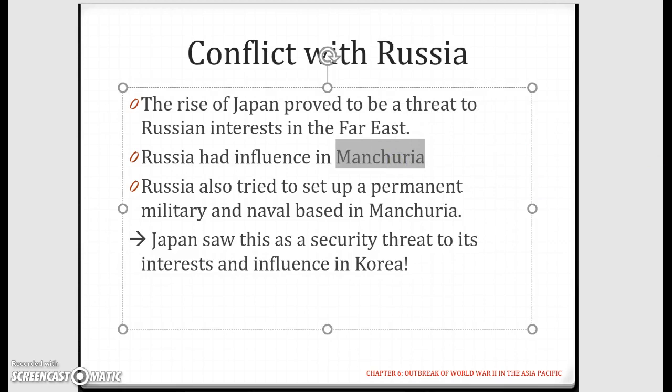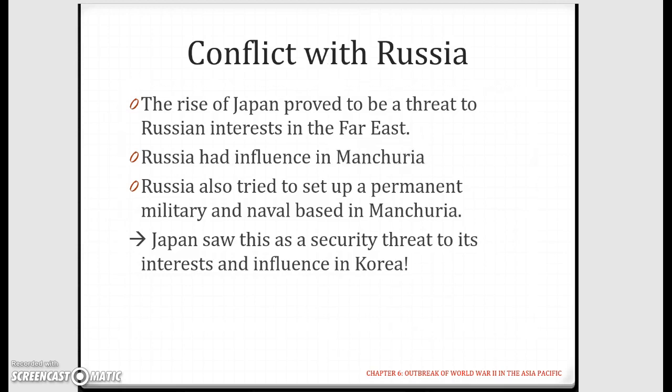Let me clarify Manchuria now once and for all. Manchuria is part of China, but in a textbook it would be regarded as a separate area, but it has never existed as a country, don't be mistaken. It's always a part of China, but we will regard it as a separate area from China. So you will see Japan invading Manchuria, and you will see Japan invading China. Then you might ask, if they invade Manchuria, isn't that China already? No, the textbook regards it as two separate things. So for the purposes of this, in case the question asks you in a separate way, we regard these as two separate things as well.